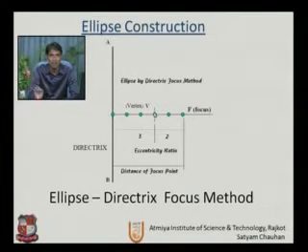Vertex is the point on the axis. So here the ellipse will start, and on the other side we will have another vertex, and that point will be the second vertex of the ellipse. So this is the focus from the distance of the focus. So the ratio will be 2 by 3. 2 divided by 3 will be the eccentricity of the ellipse.